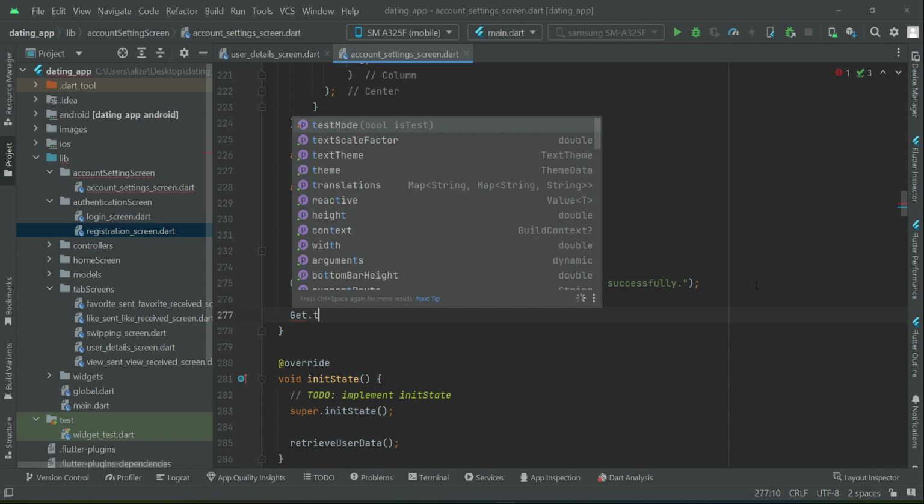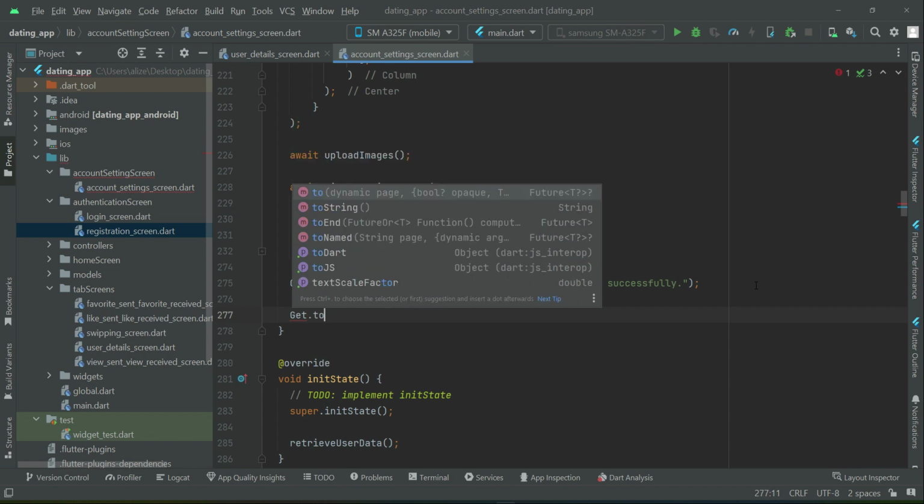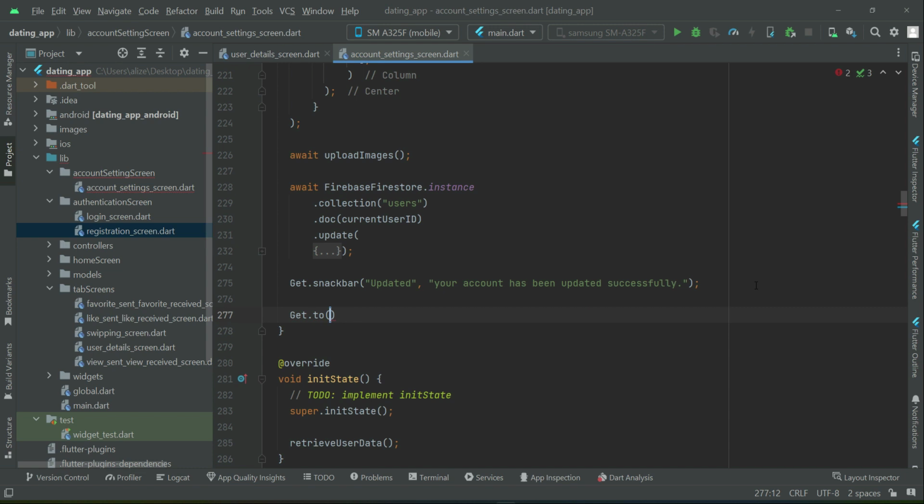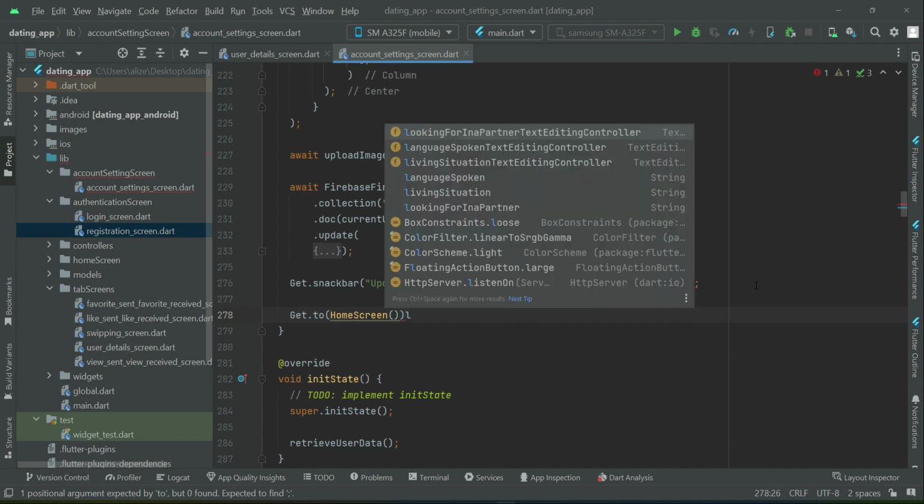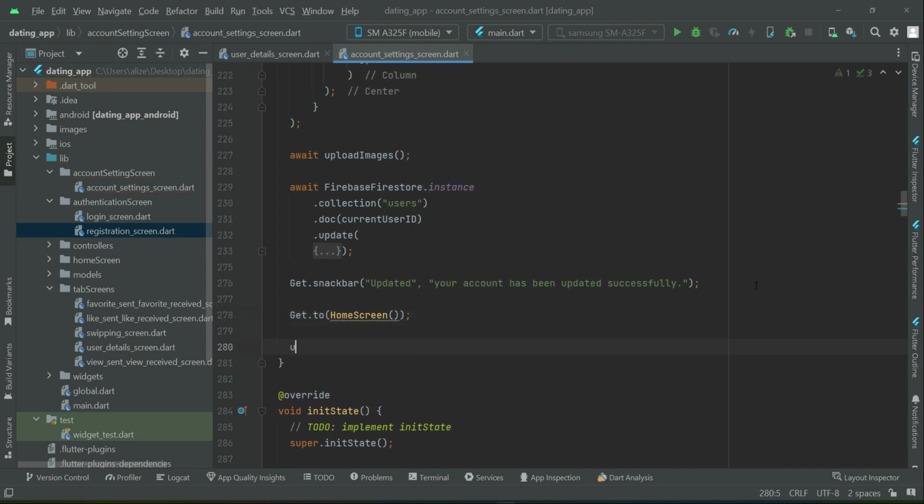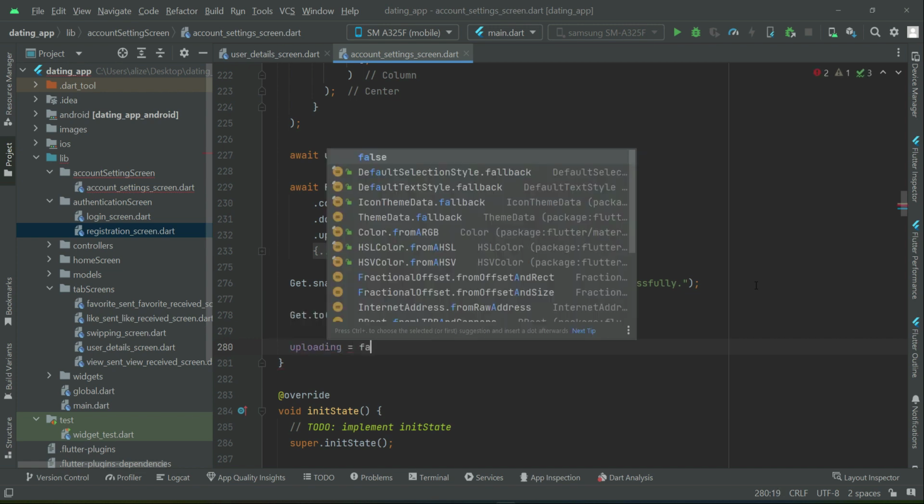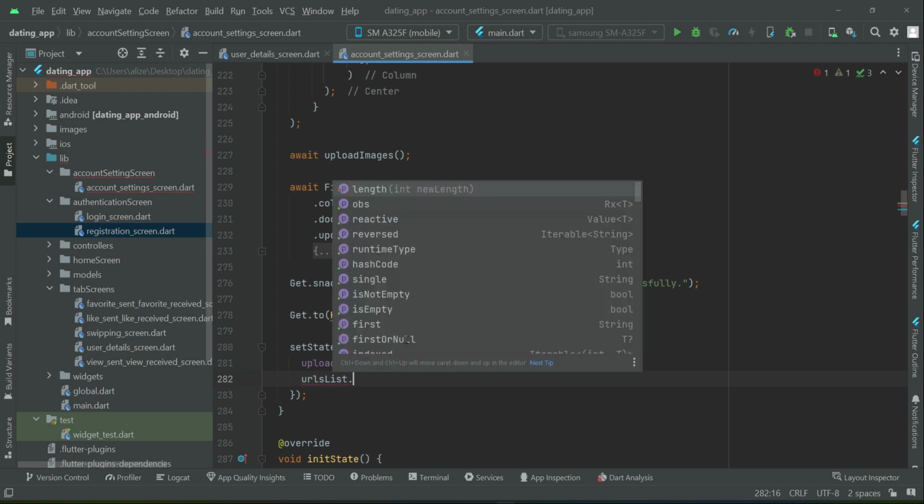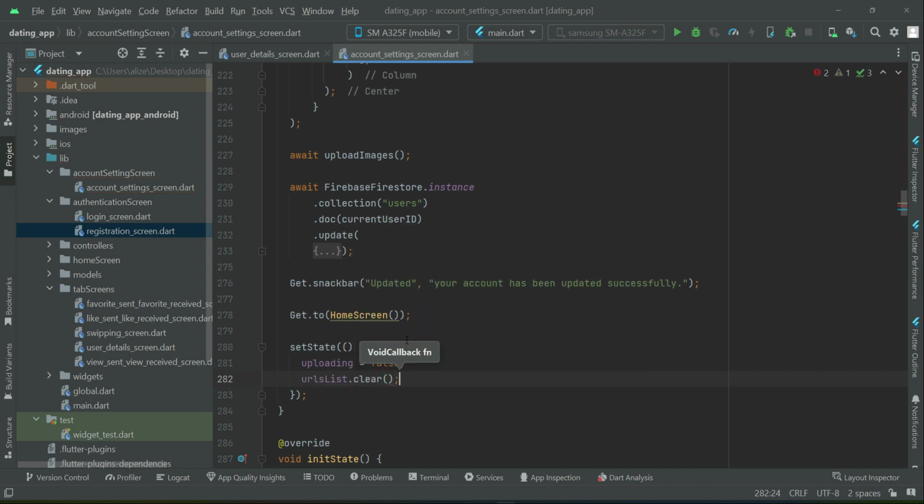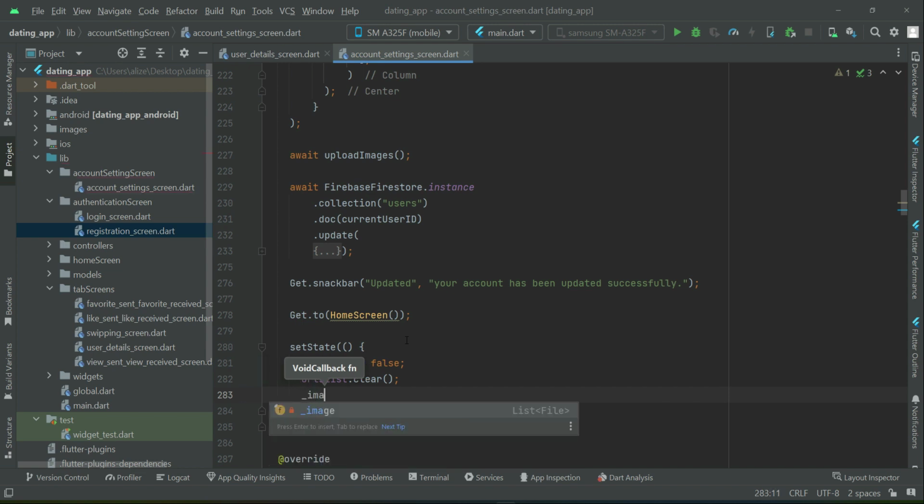You will send the user to the screen, which is our home screen, and we will make sure to set the uploading back to false, which is the progress indicator which we display. Okay, so we can say set state, and then our URL list dot clear, underscore image dot clear,